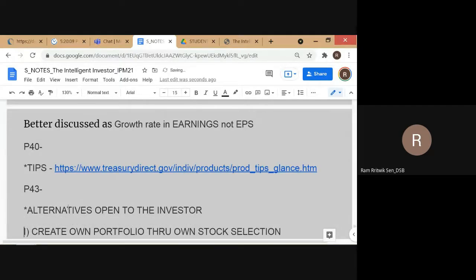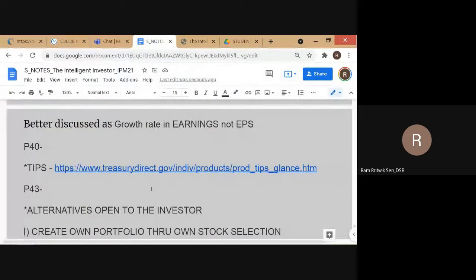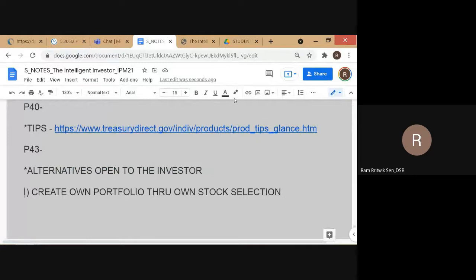That's what he's talking about here: what can the defensive investor do? So actually, he's mentioned this. I'm just mentioning the first option, which is to create your own portfolio through stock selection, and the second is